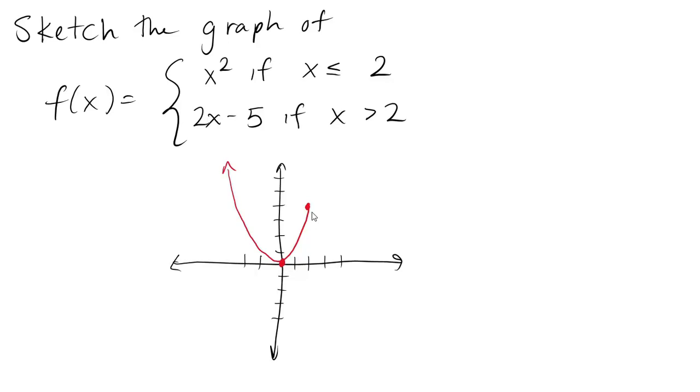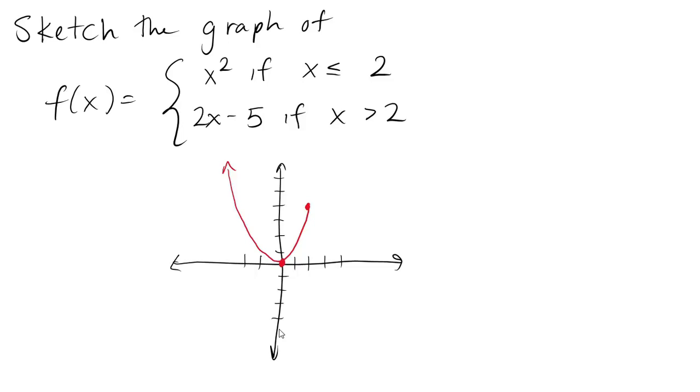For x values greater than 2, we have to graph the function f of x equals 2x minus 5. Now that's not one of our library functions, but we still know what it looks like. That's a linear function, and so its graph will be a line. It's a line with slope 2 and y-intercept negative 5, but before you plot the point at 0, negative 5,